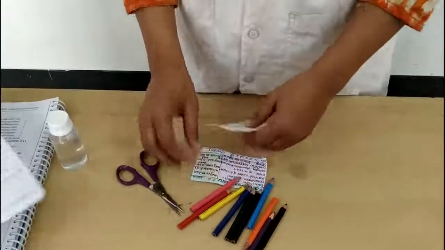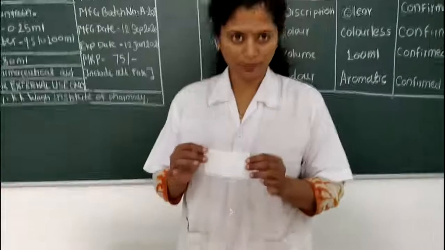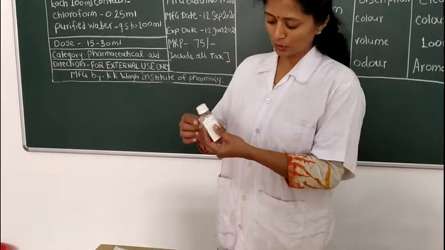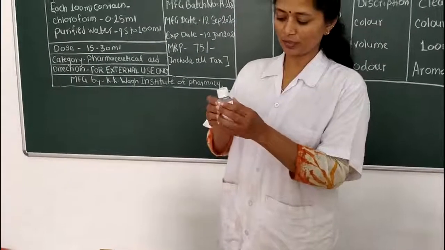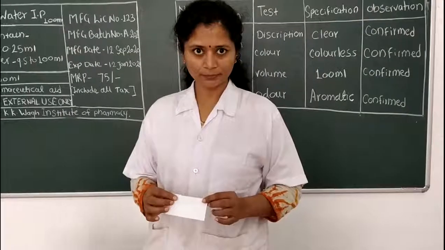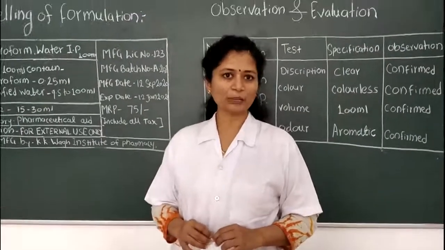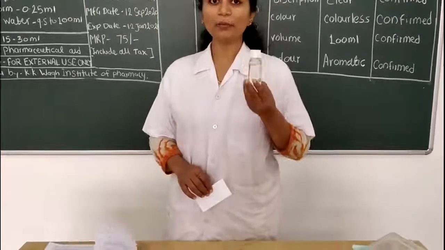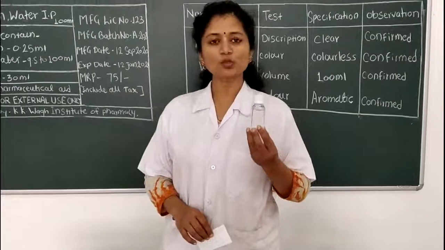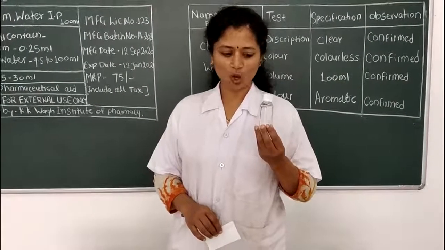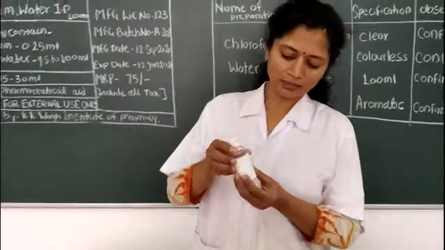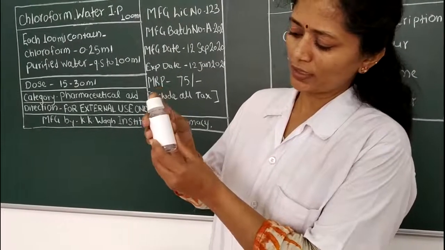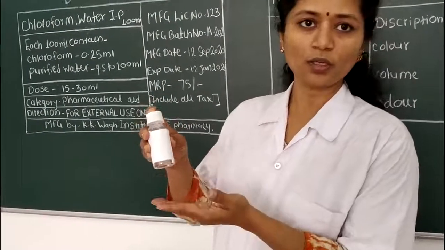We have to take blank paper of the bottle's appropriate size, that should not be much contaminated. We have to take the bond paper. We know all the parameters of the labeling, how to label our preparations. For that, we have taken this bottle. While labeling, the size of the bottle should be considered. The label should not be too big or too small. The label should be placed below the neck of our bottle, and it should not extend to the lower side of your bottle.